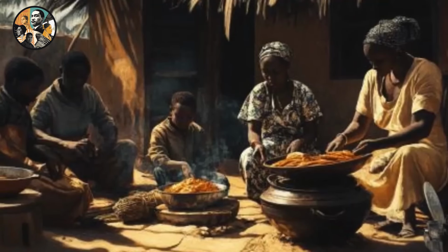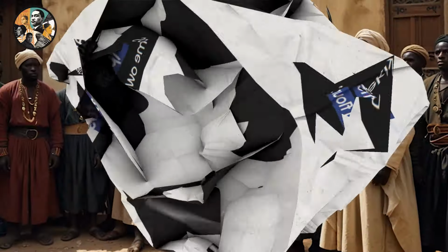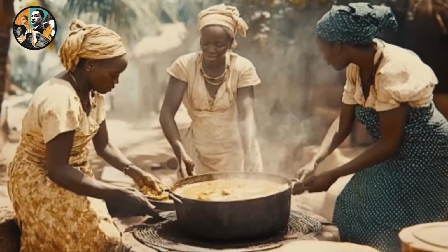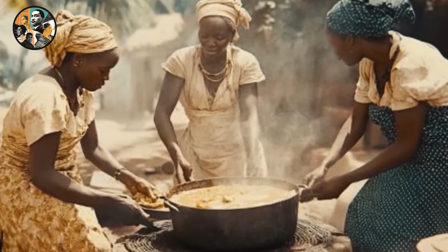Even though they were in a strange land, thousands of miles away from their home, they knew their culture, including the culinary delights. They began preparing dishes which not only fulfilled their nutrition demands, but helped them feel at home. But what are the dishes plantation slaves ate by cooking for themselves that are today not only part of history,